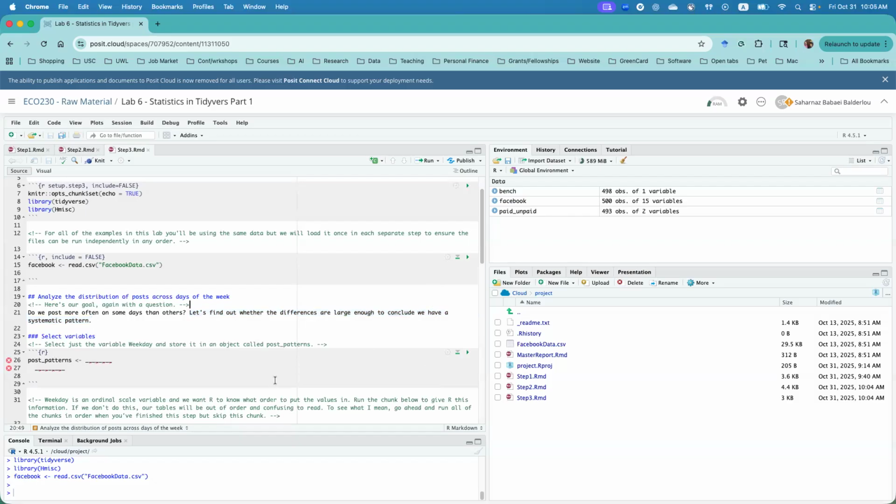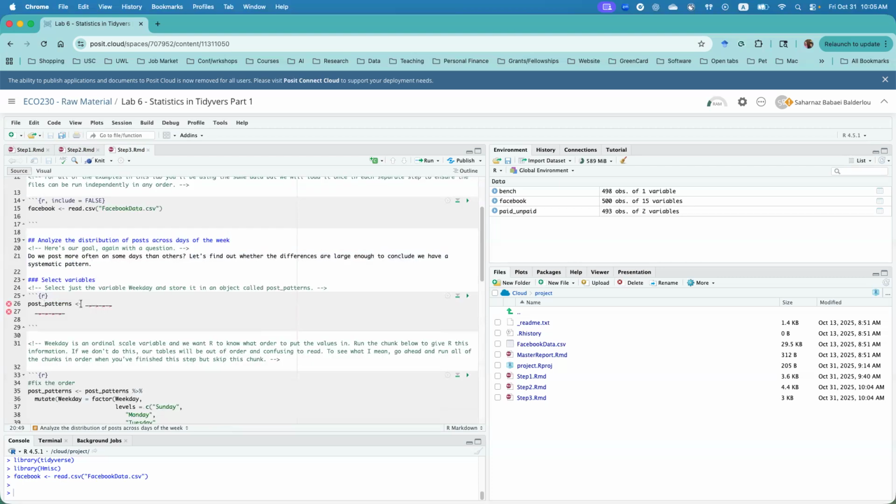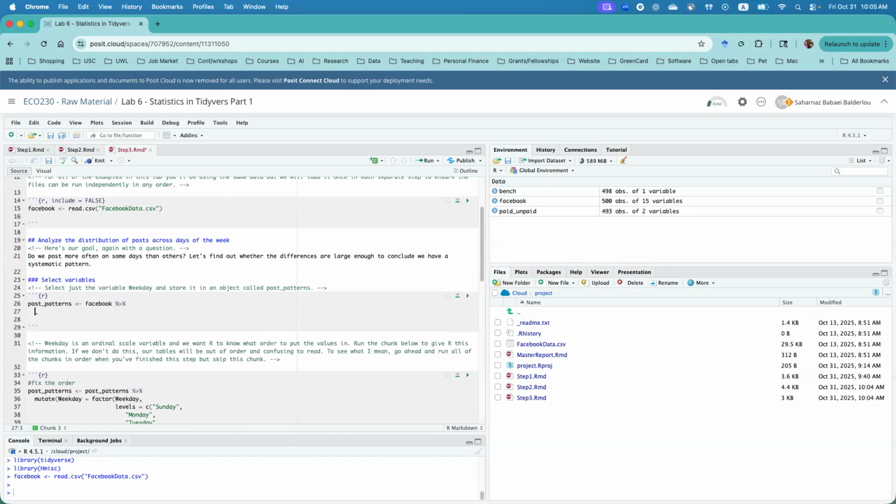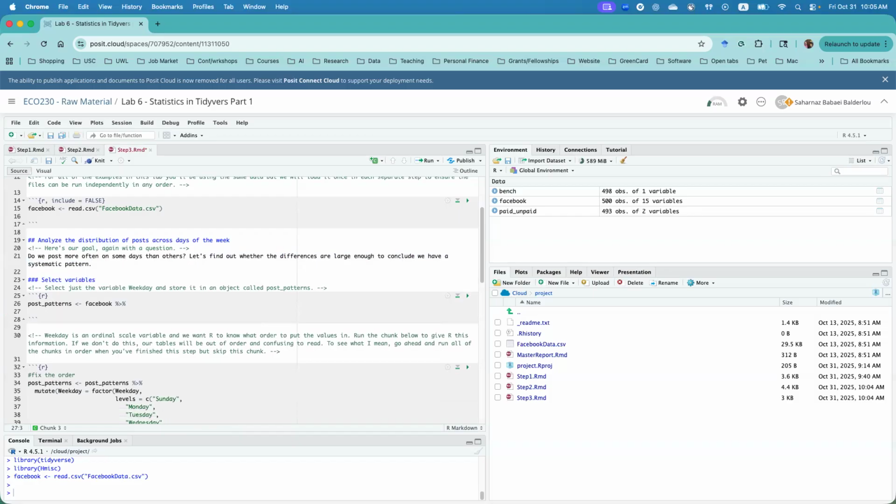a systematic pattern. So the first step is always to select the variables that we are going to need. So I'm going to use the Facebook data, and I'm gonna select weekday. Then I'm gonna run this to get this post patterns